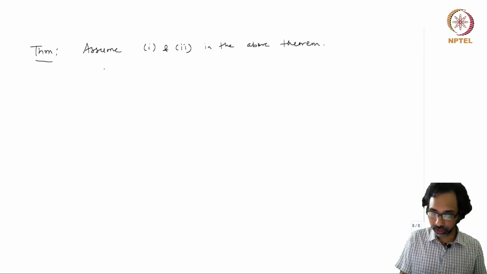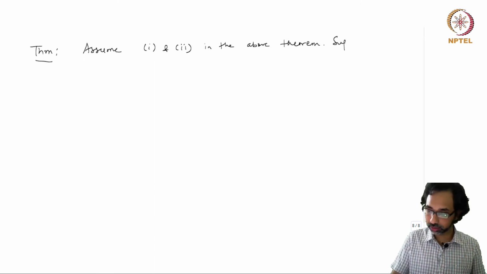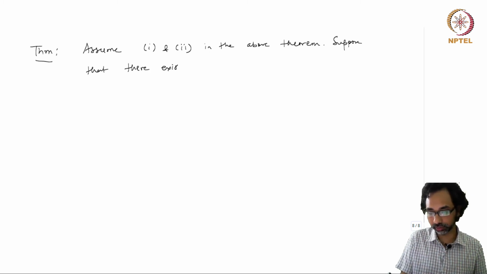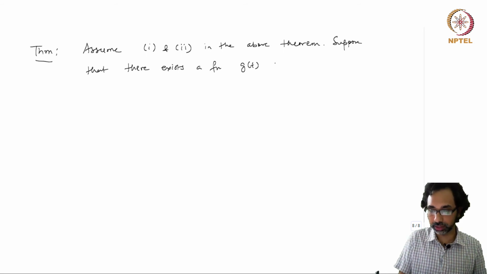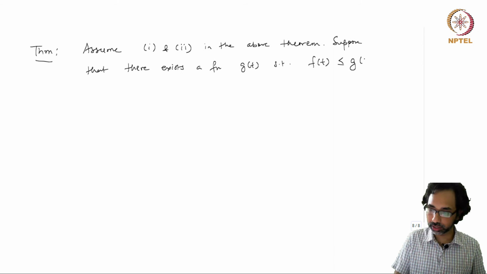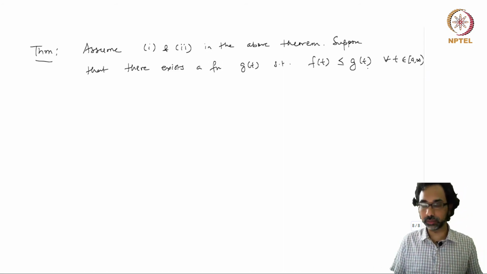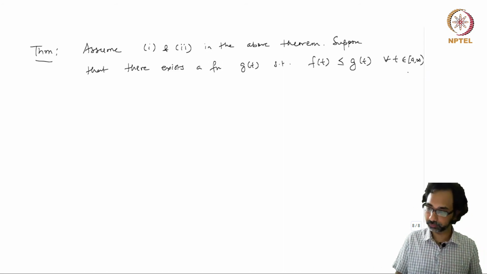Now we suppose that there exists a function g(t) such that f(t) is less than or equal to g(t) for all t in [a, infinity). So f(t) is bounded above by this function g(t) for all t,